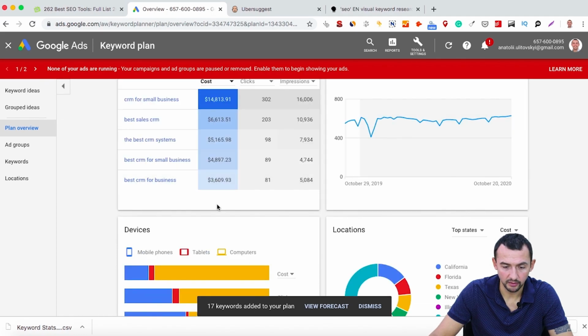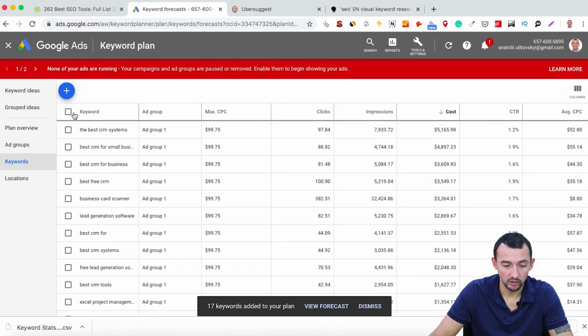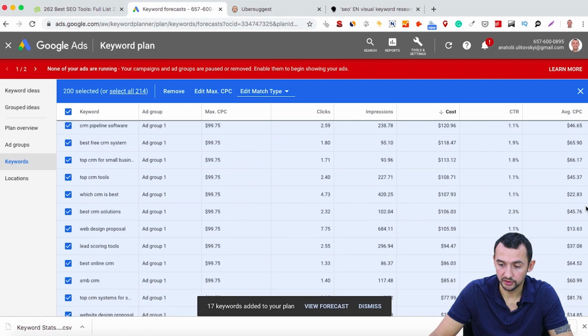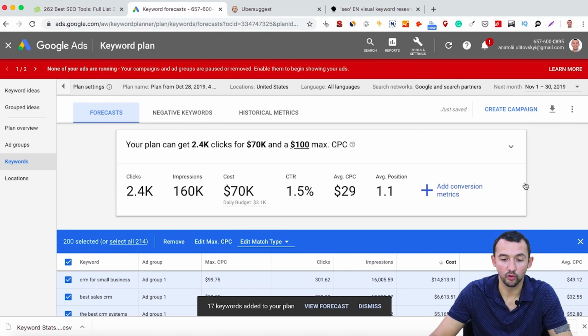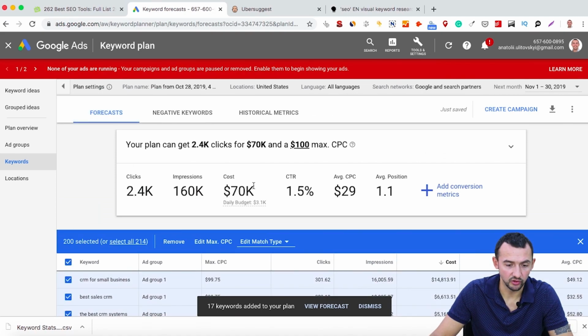Baby crying. We need to delete the old plan overview. I want to delete this one, and after this we can check for other keywords, and you will get other data.